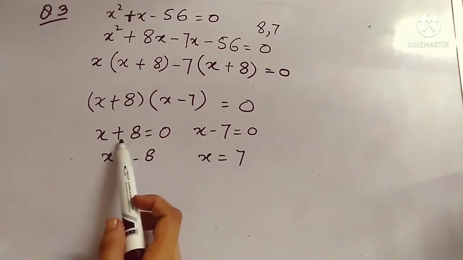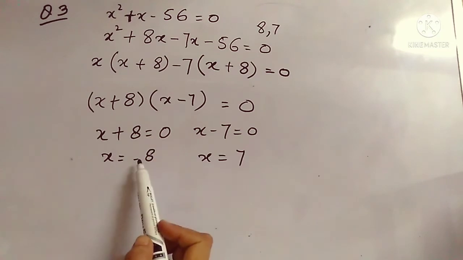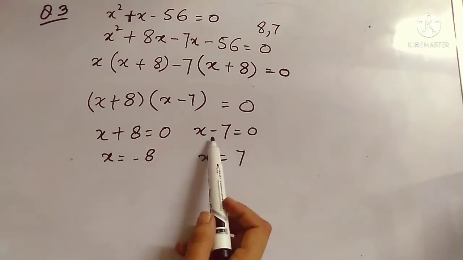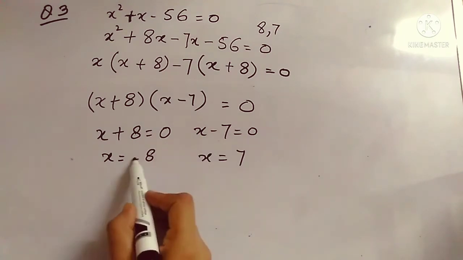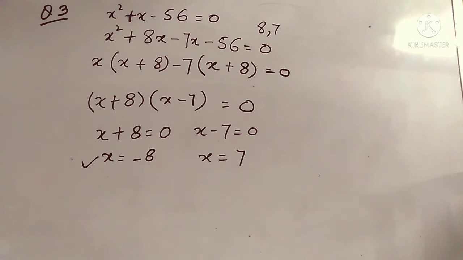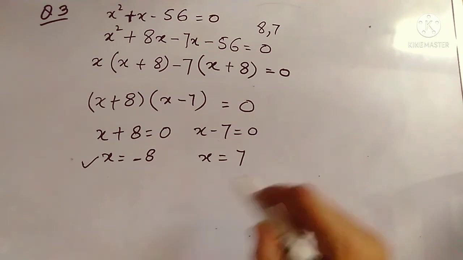When you move this 8 to the right hand side, it will become minus because it's adding over here. And subtracting over here, move to the right hand side, it will be added. So this positive sign will come. Actually students, now you can see that this is x. We cannot take a negative value because in the question it was written that sum of two positive numbers. So we just have to consider the positive number.